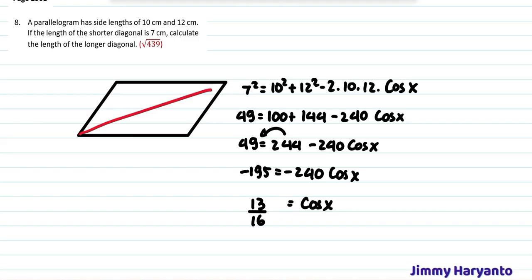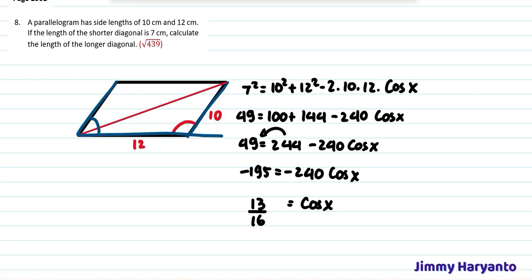Because you want to find this one, you will have to know these angles. But unfortunately, we don't have the angles and we cannot use our calculator. So I will use the relationship between this angle and that angle. Okay, take a look at this. First, we will look at these shapes. If this one is x, that means this one is also x. And if that one is x, that means this one is 180 degrees minus x.